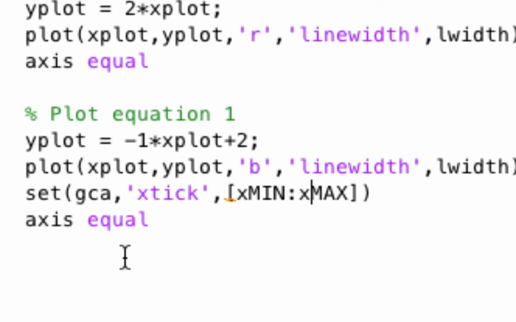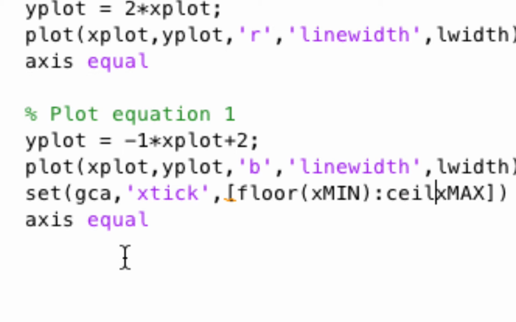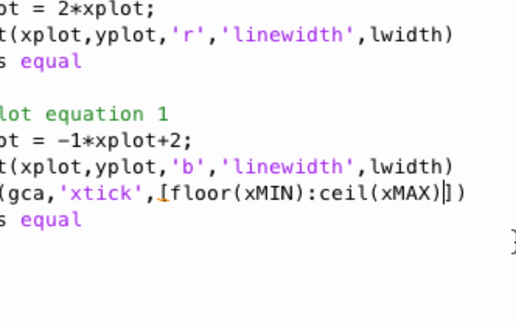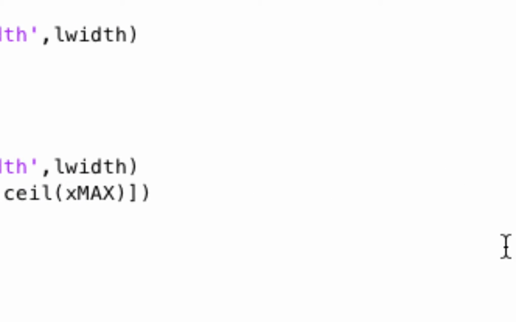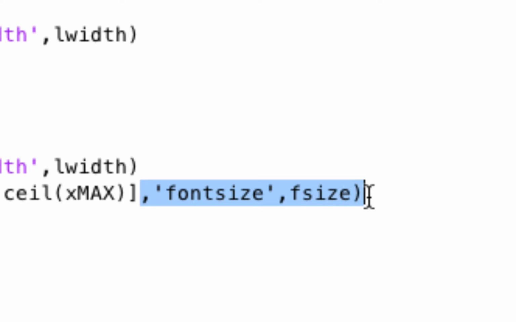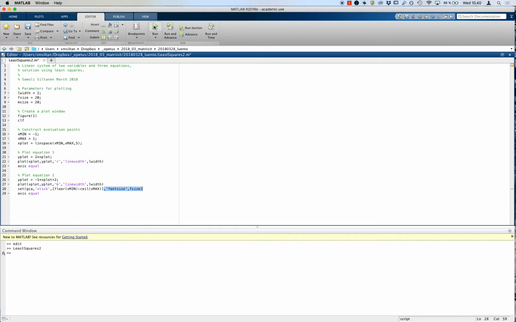Sometimes x min and x max are not integers, so let's make this the closest integer which is smaller than that one, and here the smallest integer that's greater than x max. The whole point of this line is to put the font size bigger. So if we run this one,